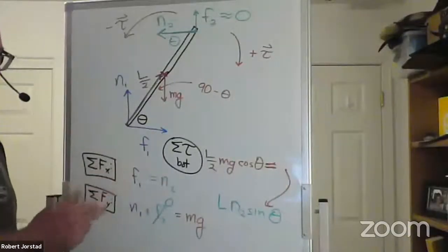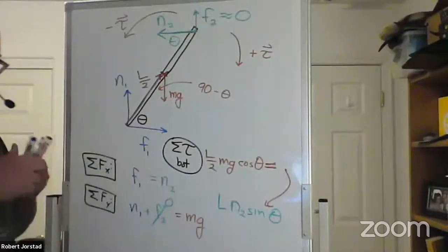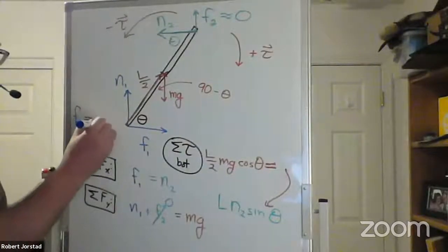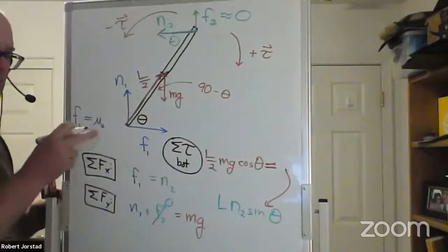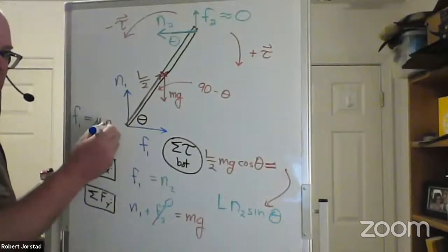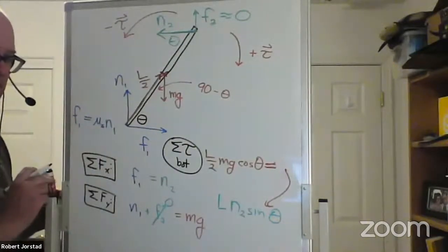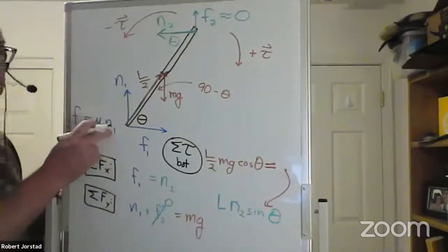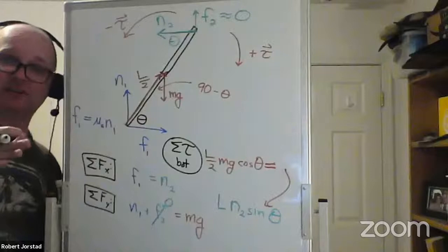Okay. Was that Alan? Yeah. Okay. So Alan, in this case, I just want to point out that friction 1 is not mu static. I think you meant mu static times normal force 1, right? Remember that friction is not mu. Friction is mu times a normal force. However,